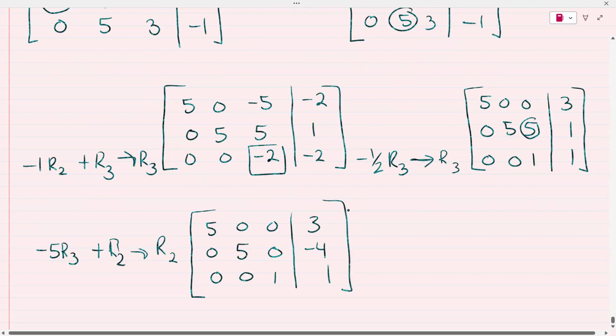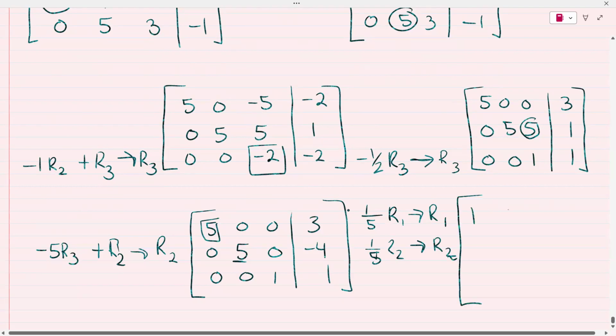Okay, and then maybe let's make these 5s into 1, so that's pretty simple. All you have to do is multiply by a scalar. So let's start with this 5 right here. Let's make that into 1. To do so, you're going to have to multiply the entire row 1 by 1/5. And I can do more than one scalar at a time. So now let's make this 5 into a 1. I would have to multiply 1/5 times row 2. We get